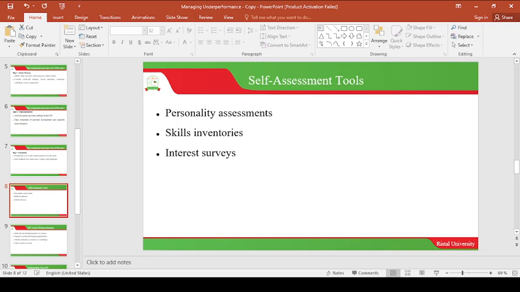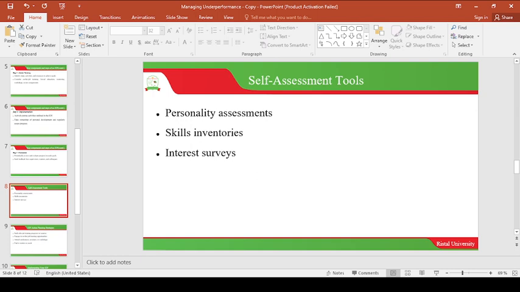Okay. Then the next tool you need to look at is the interest surveys. What are your interests in terms of hobbies? You have to also look at that. That one can also help you a lot in terms of choosing where to study or how to develop yourself in that line. So basically, these are some of the tools you need to look at as an individual if you want to have an effective IDP.